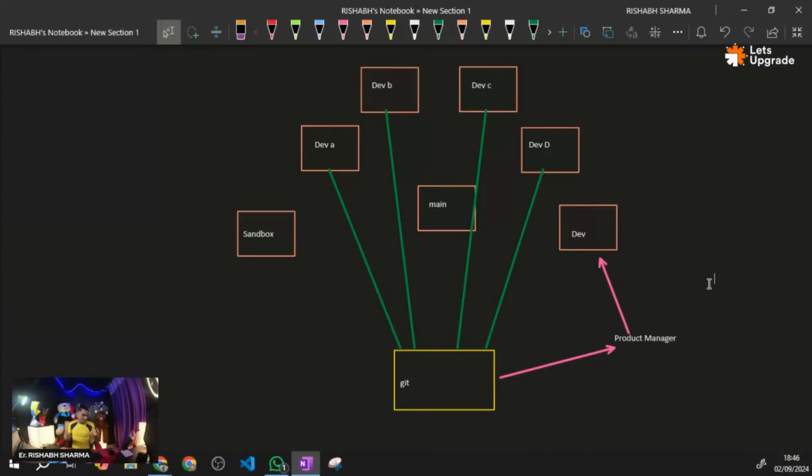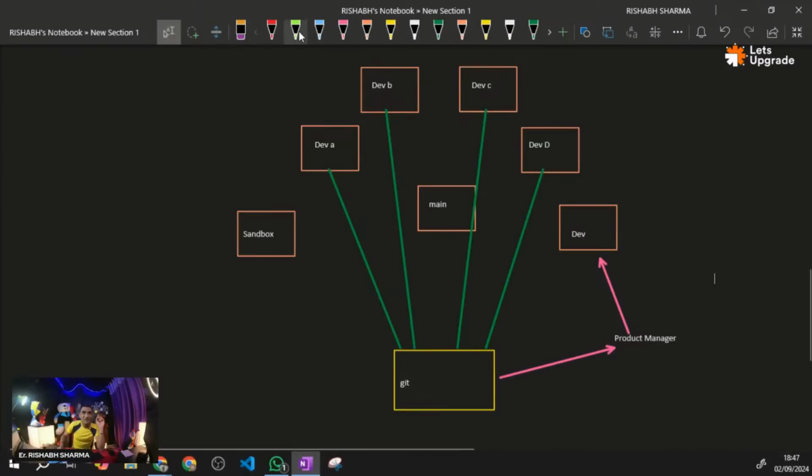Now try to understand. dev A, dev B, dev C, dev D, इन सब का एक्सेस डेवलपर्स को है, राइट? They can take pull from git, they can do anything, right? ये यहां पे पुश कर सकते हैं.